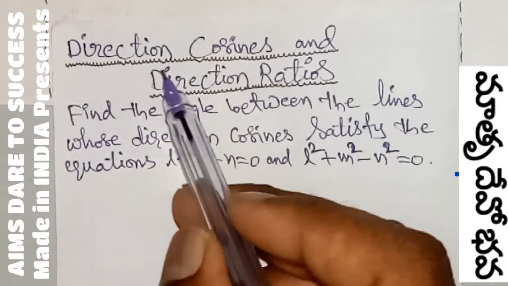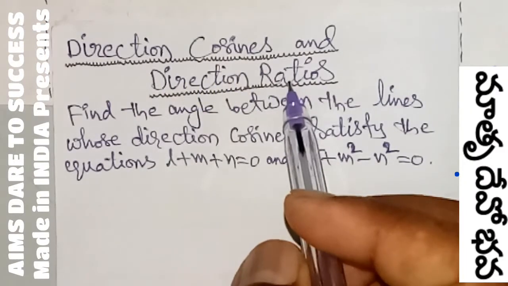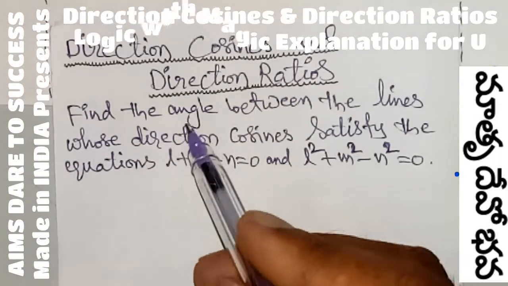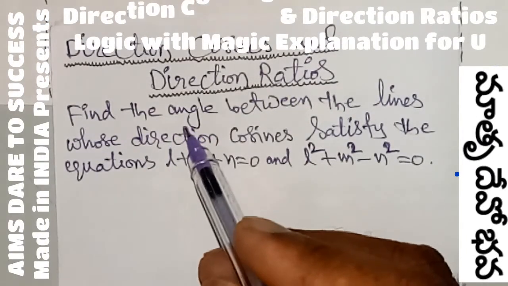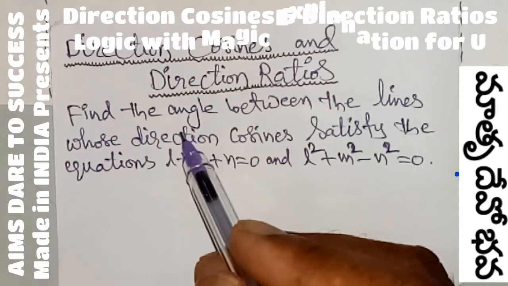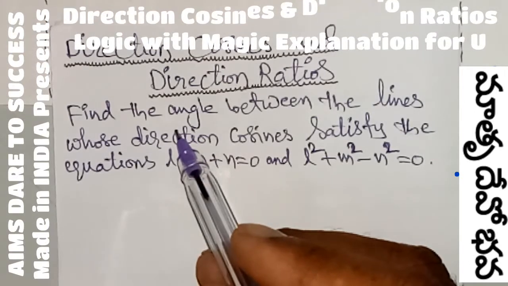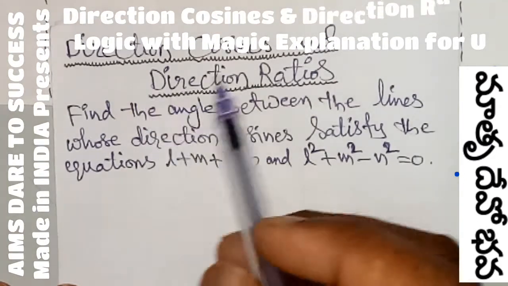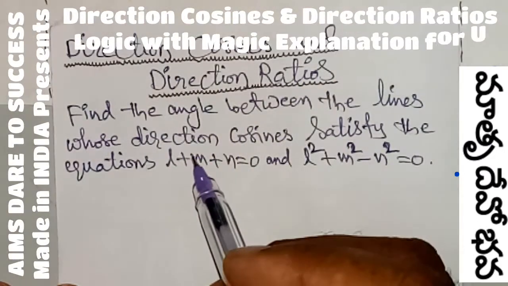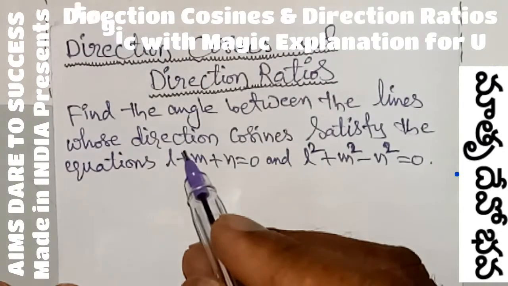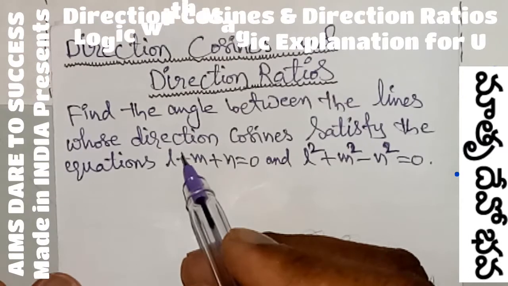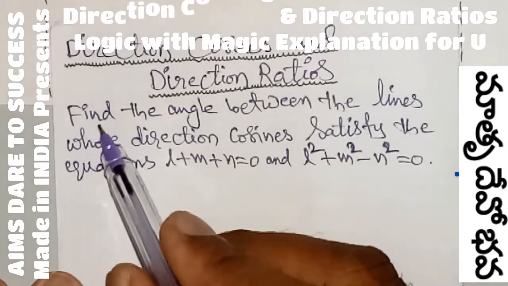Today I wanted to discuss with you some questions from the direction cosines and direction ratios chapter. This type of question will also be helpful for all state board exams like Andhra Pradesh, CBSE, ICSE, Telangana, Karnataka, Maharashtra, Tamil Nadu, Kerala, like all state board exams at India level. Some students asked me they are finding the direction cosines and direction ratios chapter questions difficult. Don't worry, my dear students. Today I want to explain step by step with a neat and cute logic, especially made for you.